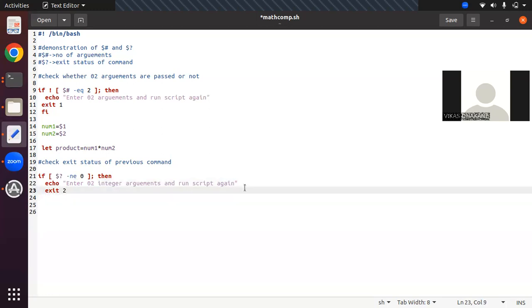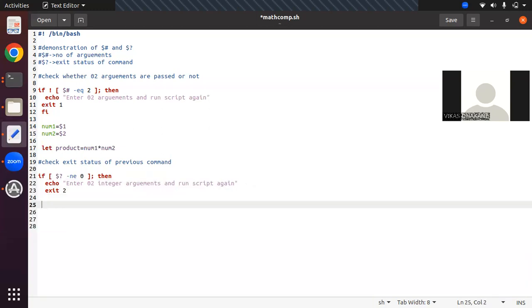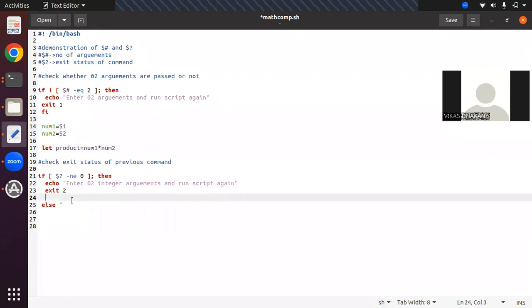But if the user provides the two integer arguments, then our else part should get executed. So I will mention here else. And now in the else, what will we display? We will display the product of this calculation. So here we'll display product